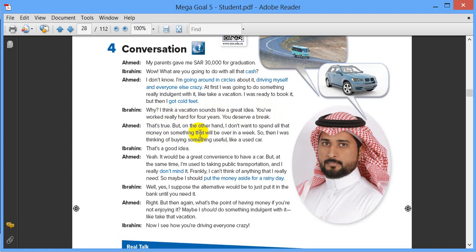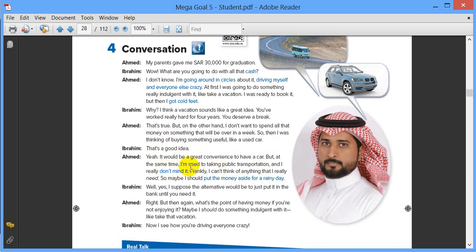to express your opinion, I don't want to spend all that money on something that will be over in a week. So then I was thinking of buying something useful, like a used car. Ibrahim: That's a good idea. Yeah, it would be a great convenience to have a car. Ahmed: But at the same time, I'm used to taking